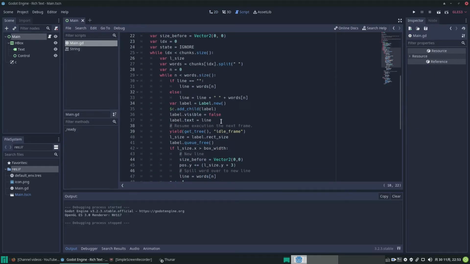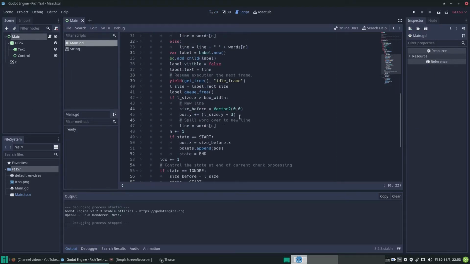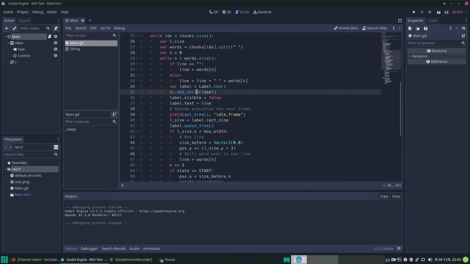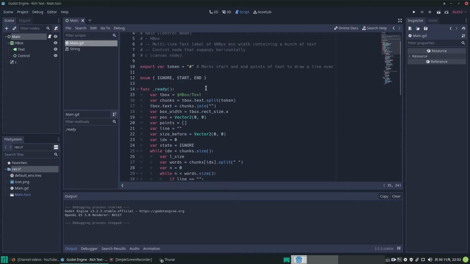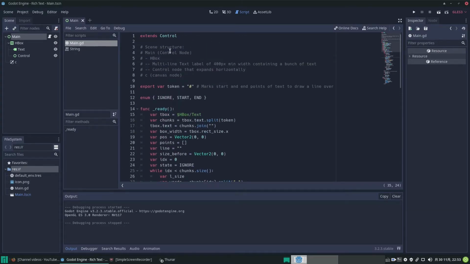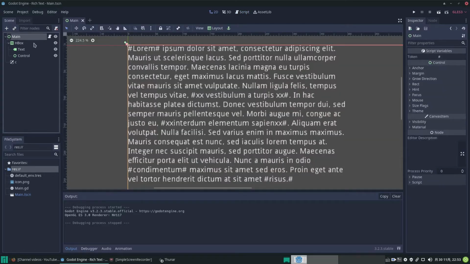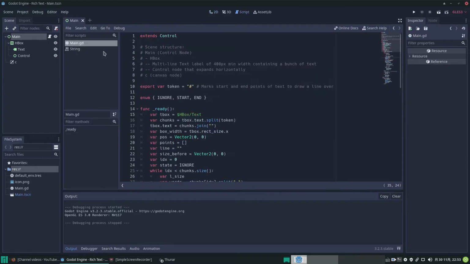So let's look at our code. Where do we find this Line2D? There you go. Where is it? Somewhere here. Okay, let's just walk through the code. Why not? This extends the control. This is our main thing there. And, okay, we've got an export var, which